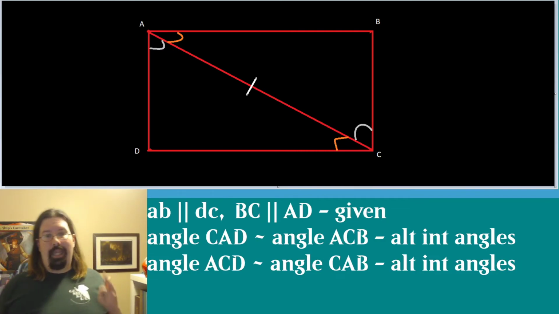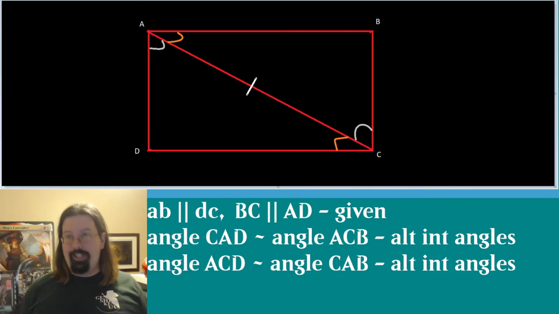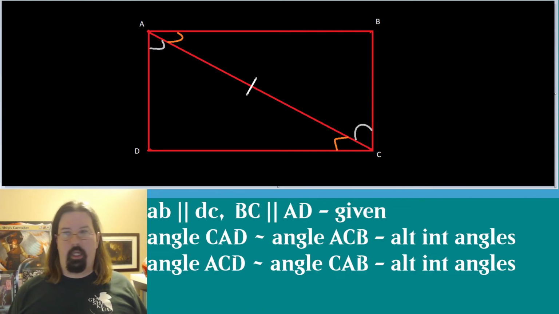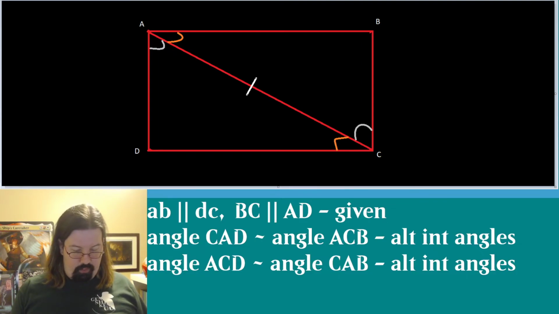And then that gives us, conveniently enough, what did I literally just hit enter on? Aha! So AC is congruent to itself, and that gives us